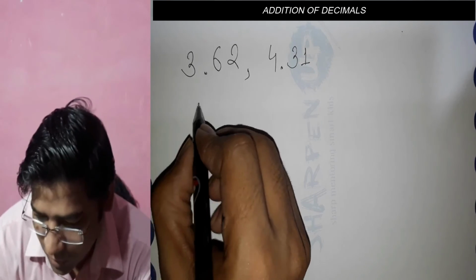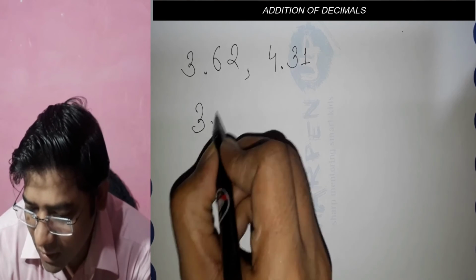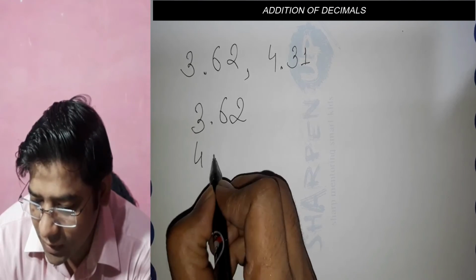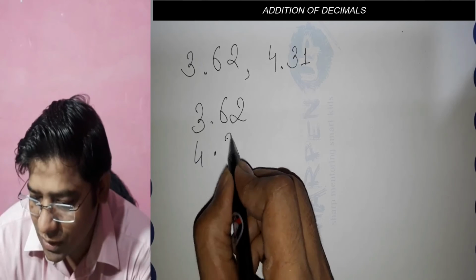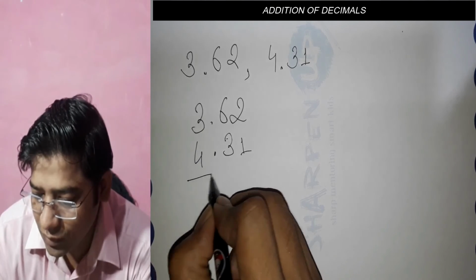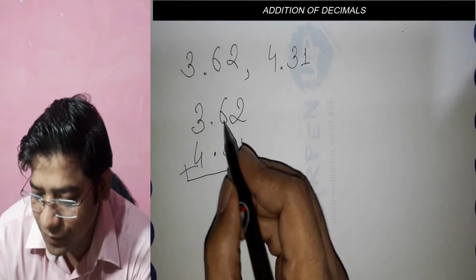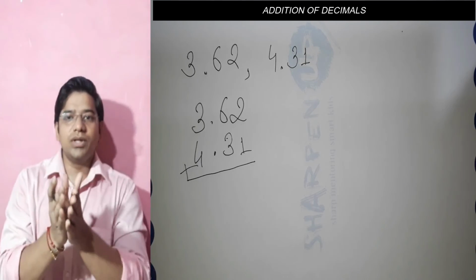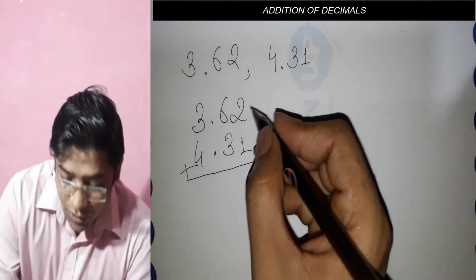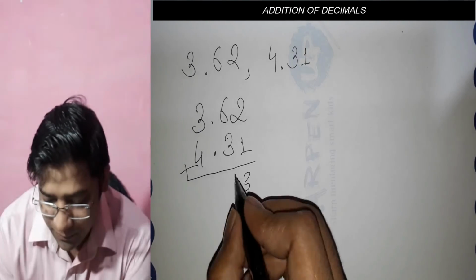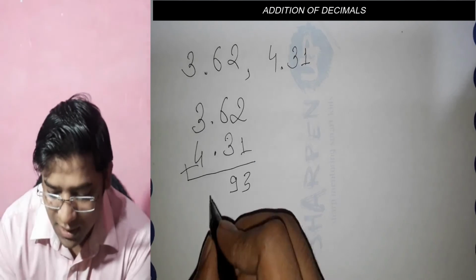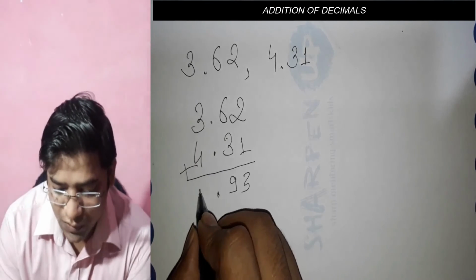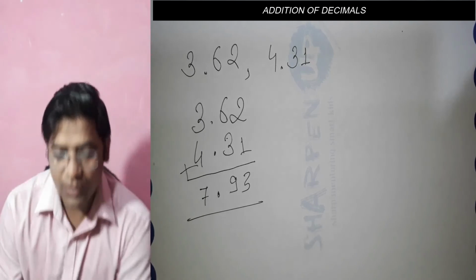For this, we have to arrange them in column order. So point will be upon the point. We have to always remember this, that point always comes below the point. Okay, so 2 plus 1 is 3, 6 plus 3 is 9, and point is again point, and 3 plus 4 is 7. So it's very easy